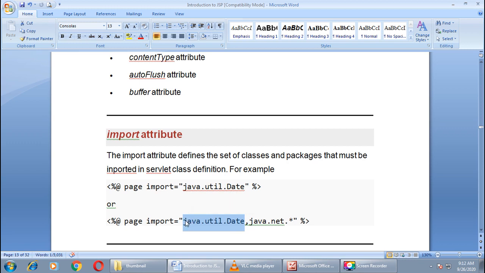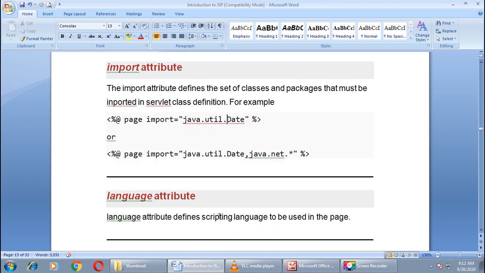One more package I want to include in my JSP, then separate the name of another package by comma. Here I have put a comma, then the name of another package, java.net.*. So here in this statement you can see I have imported two packages using a single page directive and import attribute.